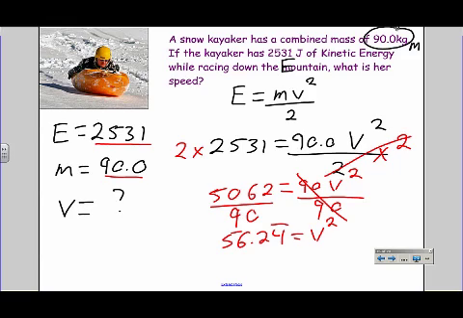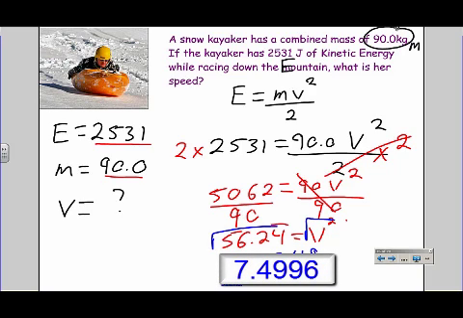So 5,062 divided by 90 equals 56.24, and the 4 is repeating. We need to get rid of this squared. So what we're going to do is square root that to get rid of the squared. What we do to one side, we must do to the other, and we end up with the same thing. And rounded, that comes out to